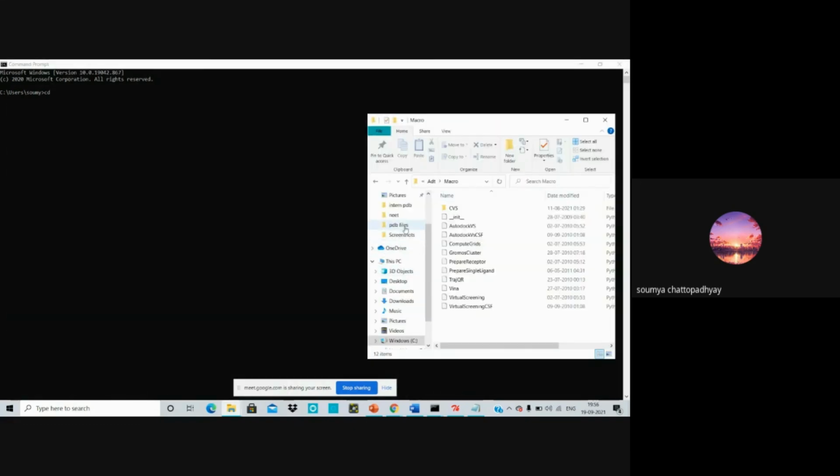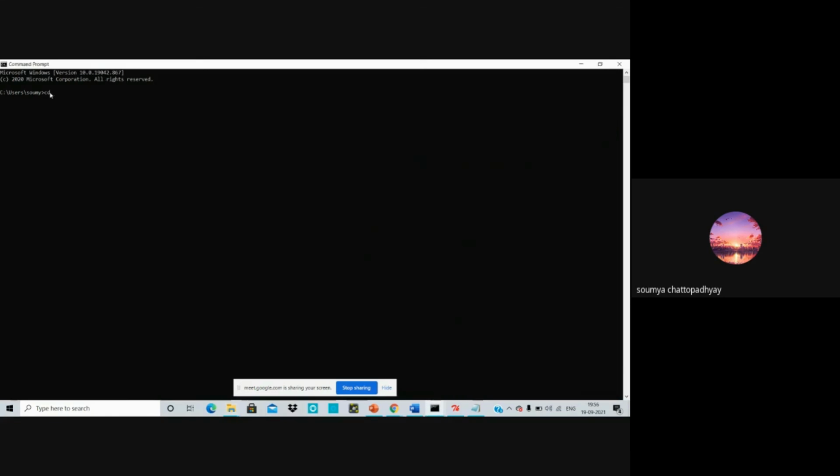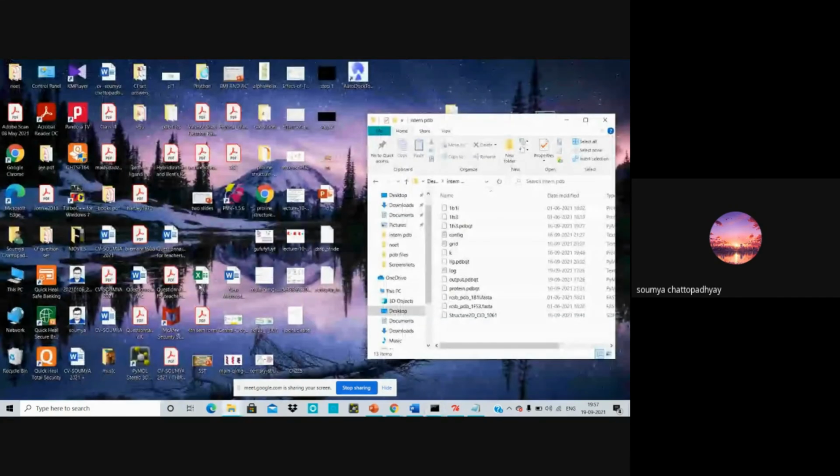I came to a different again. You have to copy that path, and then give a space and paste it. Now this is a format which you should remember, because most of the problems we face later on occur at this position. And I prefer you to save the location